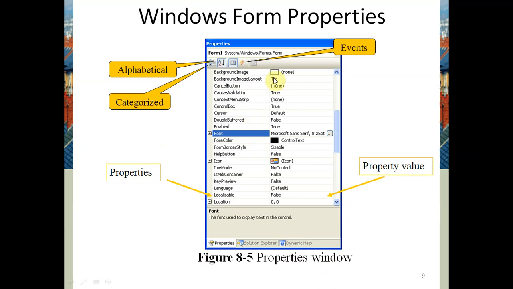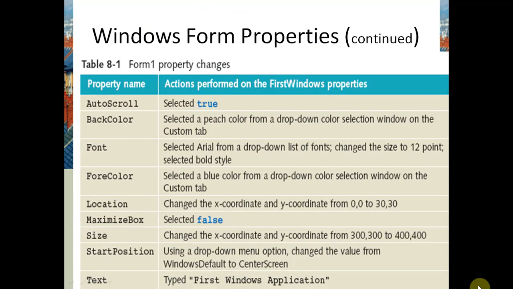So this is the event button. By this button we can put the event also. These are some of the properties. I have expanded these properties. Auto scroll, automatically scroll, or vertical and horizontal scroll we can put here.